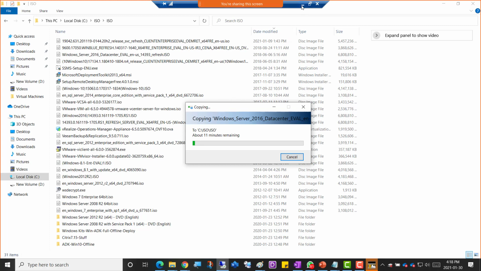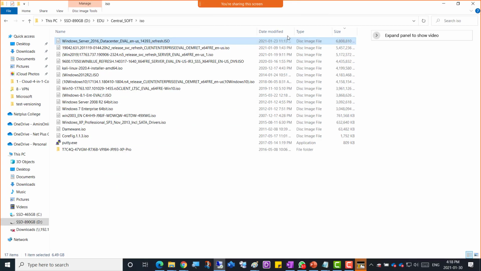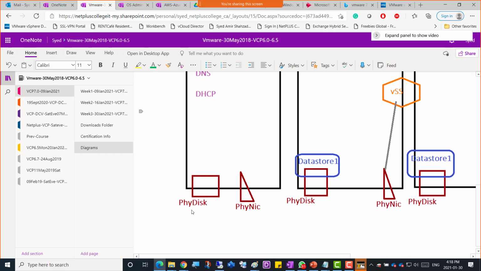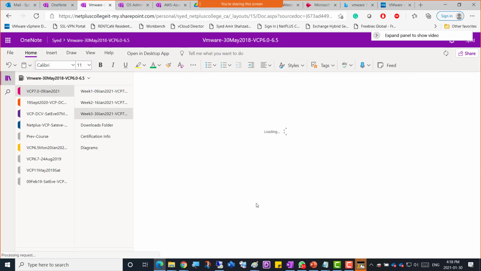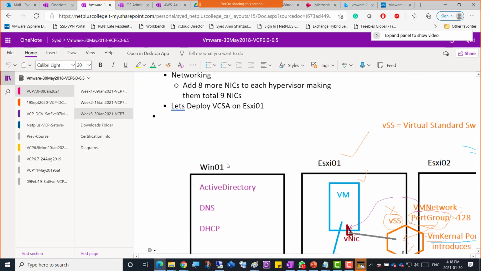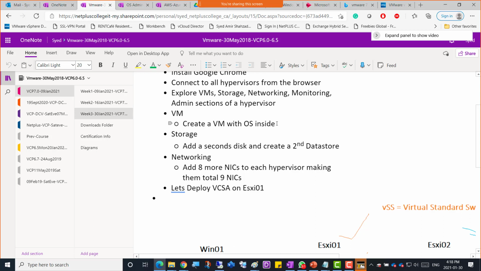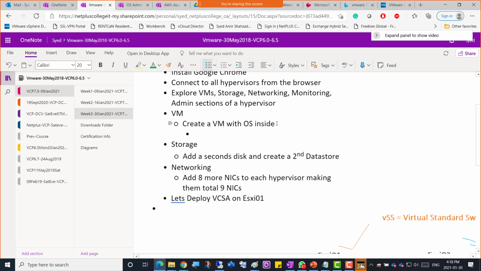So once we copy that, I'll just put it there. In week 3, here we are with the OS inside. So copy the ISO of Win 2016 to the Win01 machine VM,